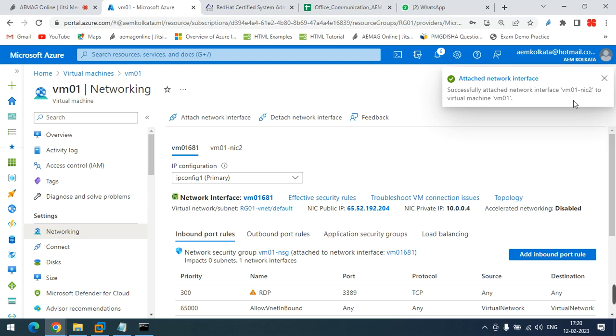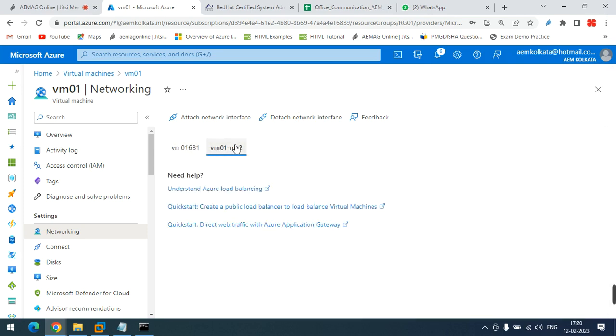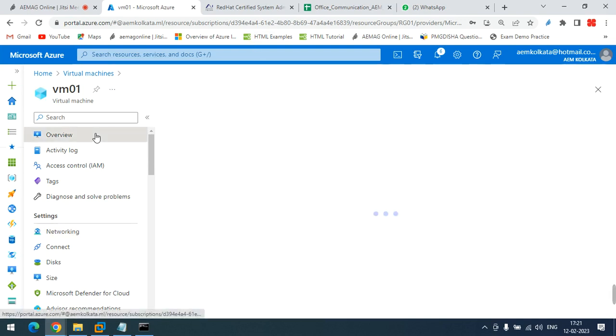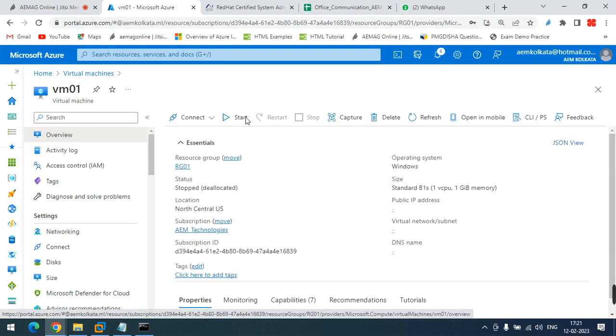Okay, so the NIC has been attached. You can see this is one NIC and this is the second NIC, the first NIC and second NIC. Now by default the NIC will not provide you any kind of security, because a lot of other network related configuration settings need to be done in order to secure this NIC from unwanted access. That we will show you later on, but this is the way the NIC gets attached. And now if I say start,